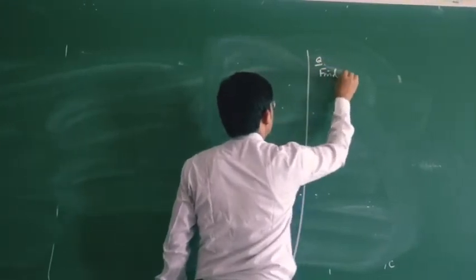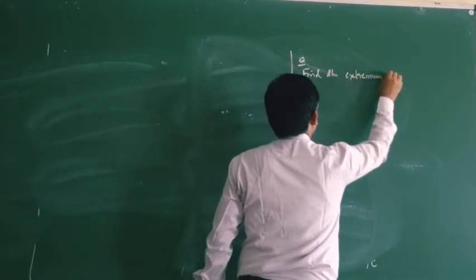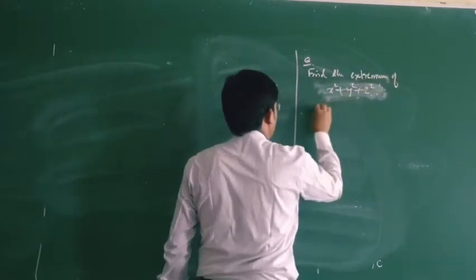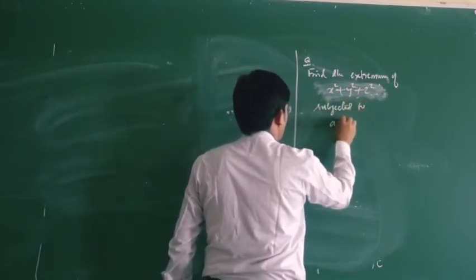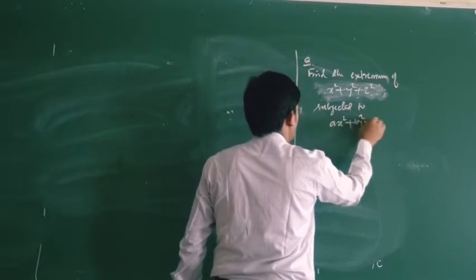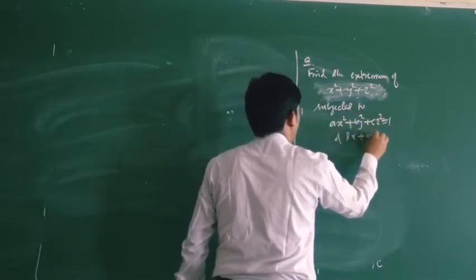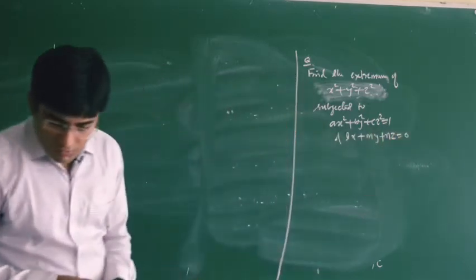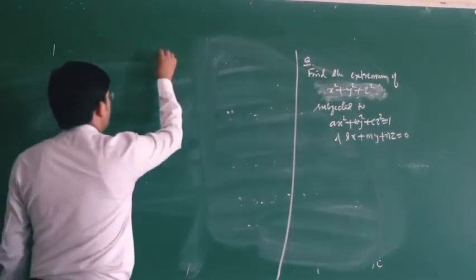Find the extremum of x square plus y square plus z square subjected to ax square plus by square plus cz square equal to 1 and lx plus my plus nz equal to 0. So for these values, let us find the extremum value of this function. Solution: